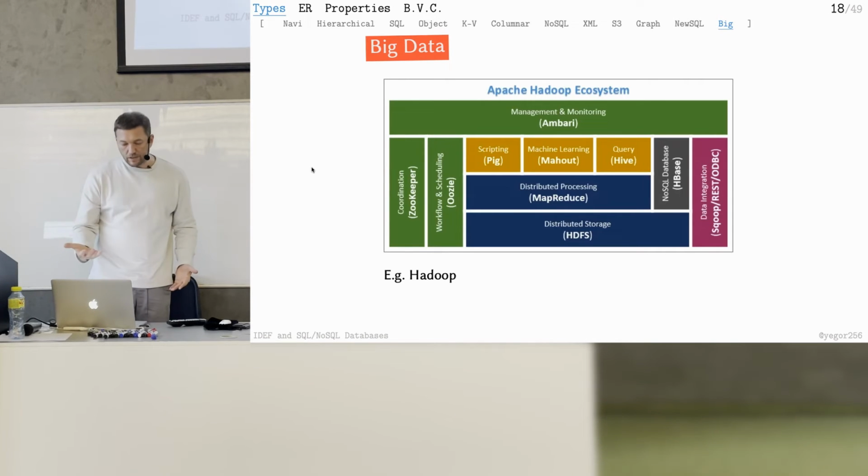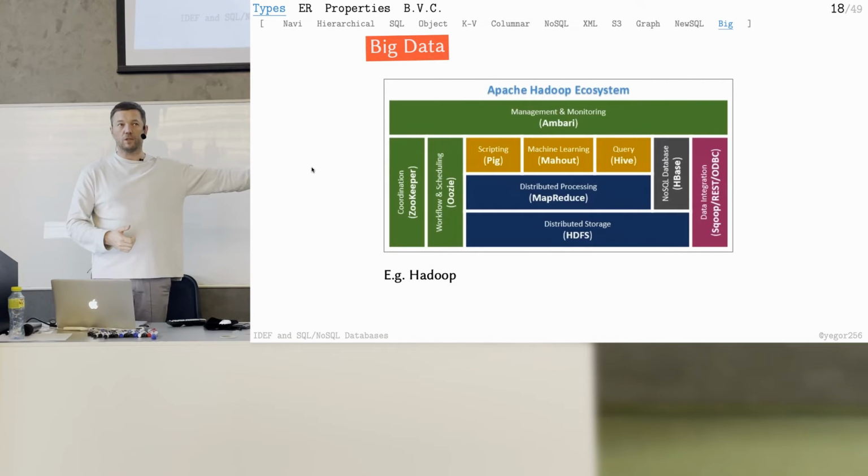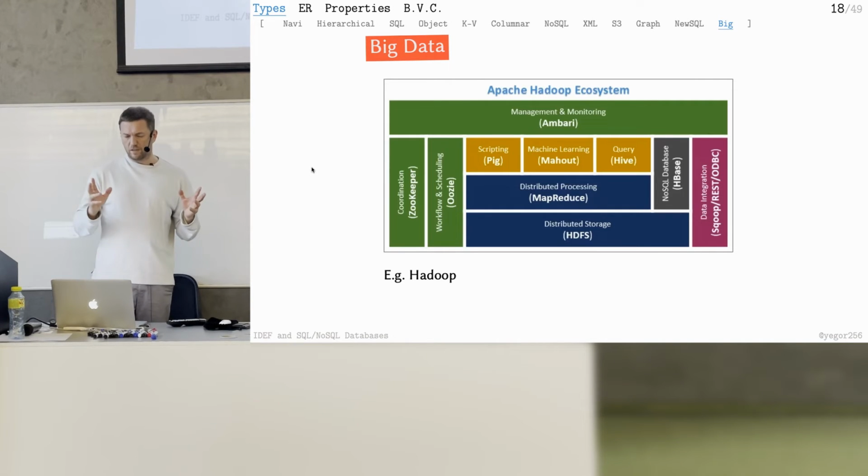In order to do this, they have this distributed storage, HDFS. So it is at the bottom of the picture, HDFS. It's H, I'm not sure, DFS, something distributed file system, I'm not sure. Hadoop Distributed File System, there you go.